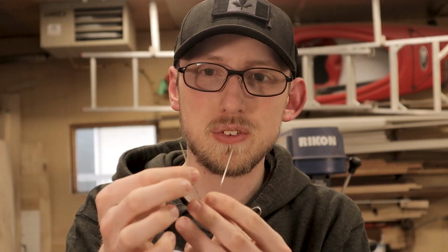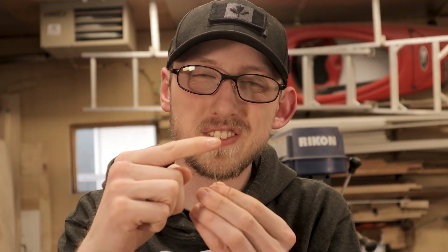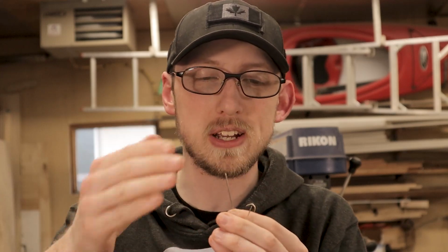So on this side here, we've got a needle that has a point to it. So it's got a very obvious point, much like how when you imagine a needle, how it goes to a very sharp point at the end. And you can actually use that to punch through the leather. The other needle I have has kind of a rounded over tip. It still has a point on the end of it, but it's a much rounder point, or a much rounder